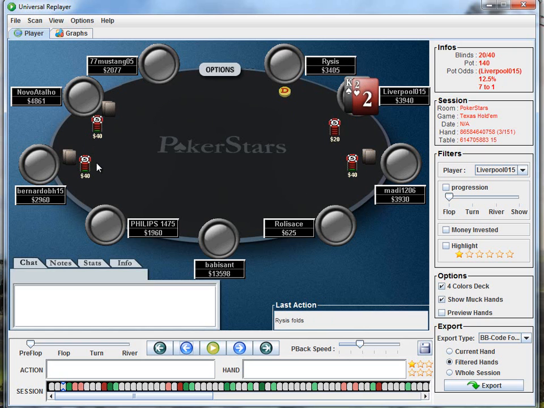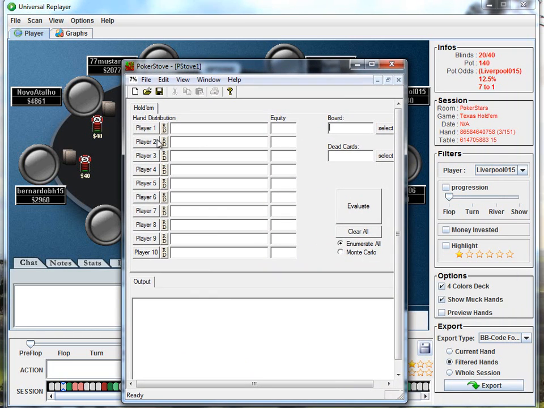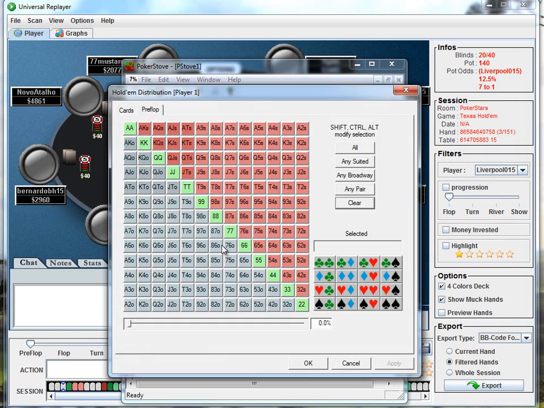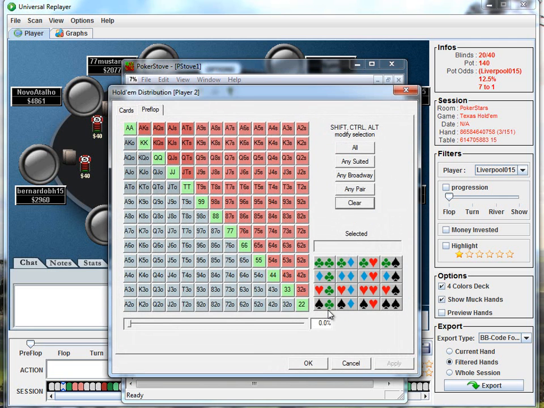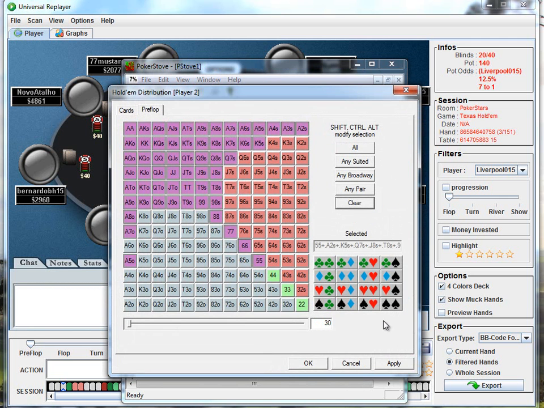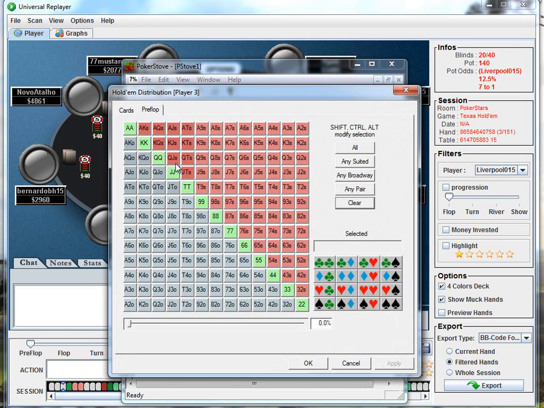Just here, with the two limpers there, we're getting 12.5 to 1, as you can see up in the top right. I'm probably calling with King Deuce, even though it's horrible. But let's just, for instance, bring up Stove and put in a 30% range, which I think is probably even optimistic, and we'll put in a 30% range for both of those limpers, and then